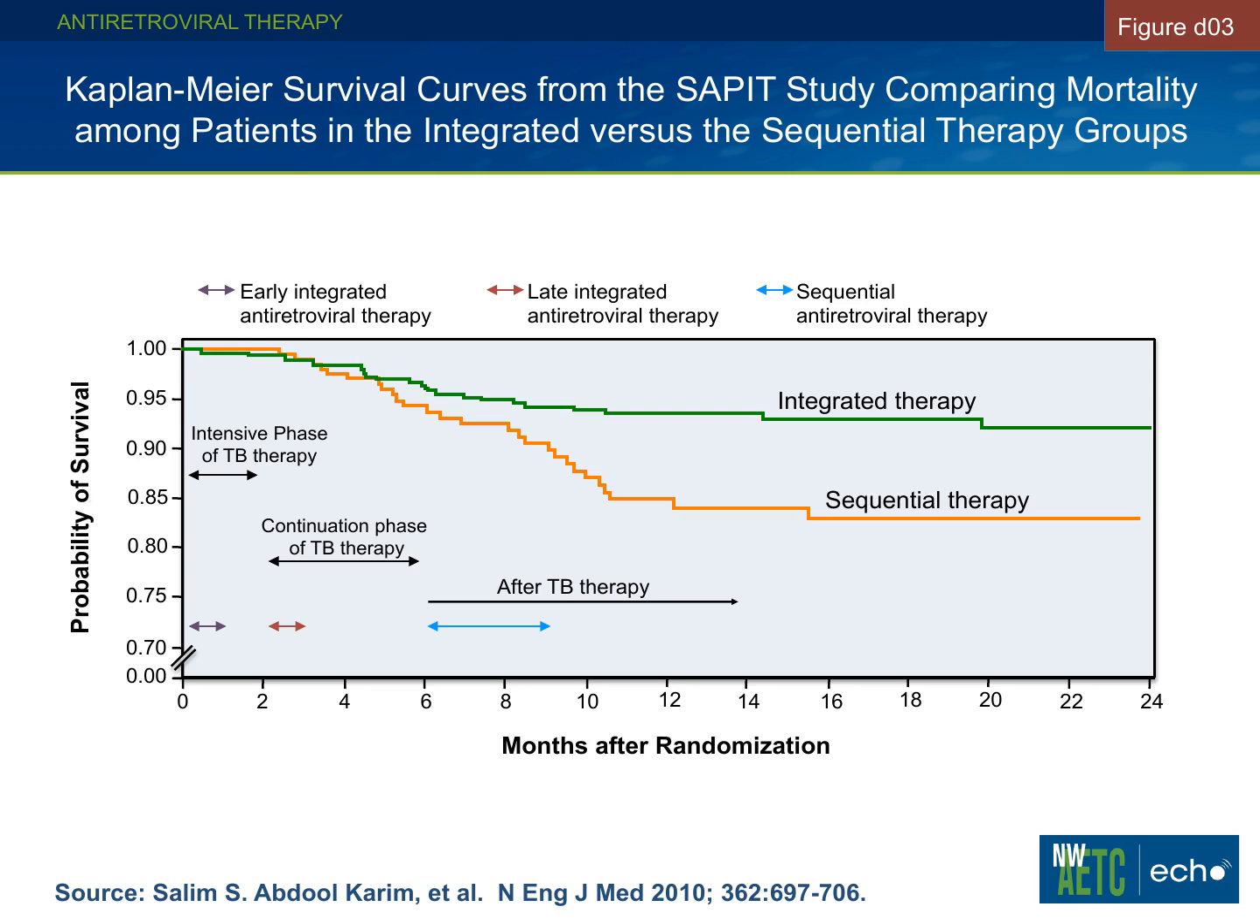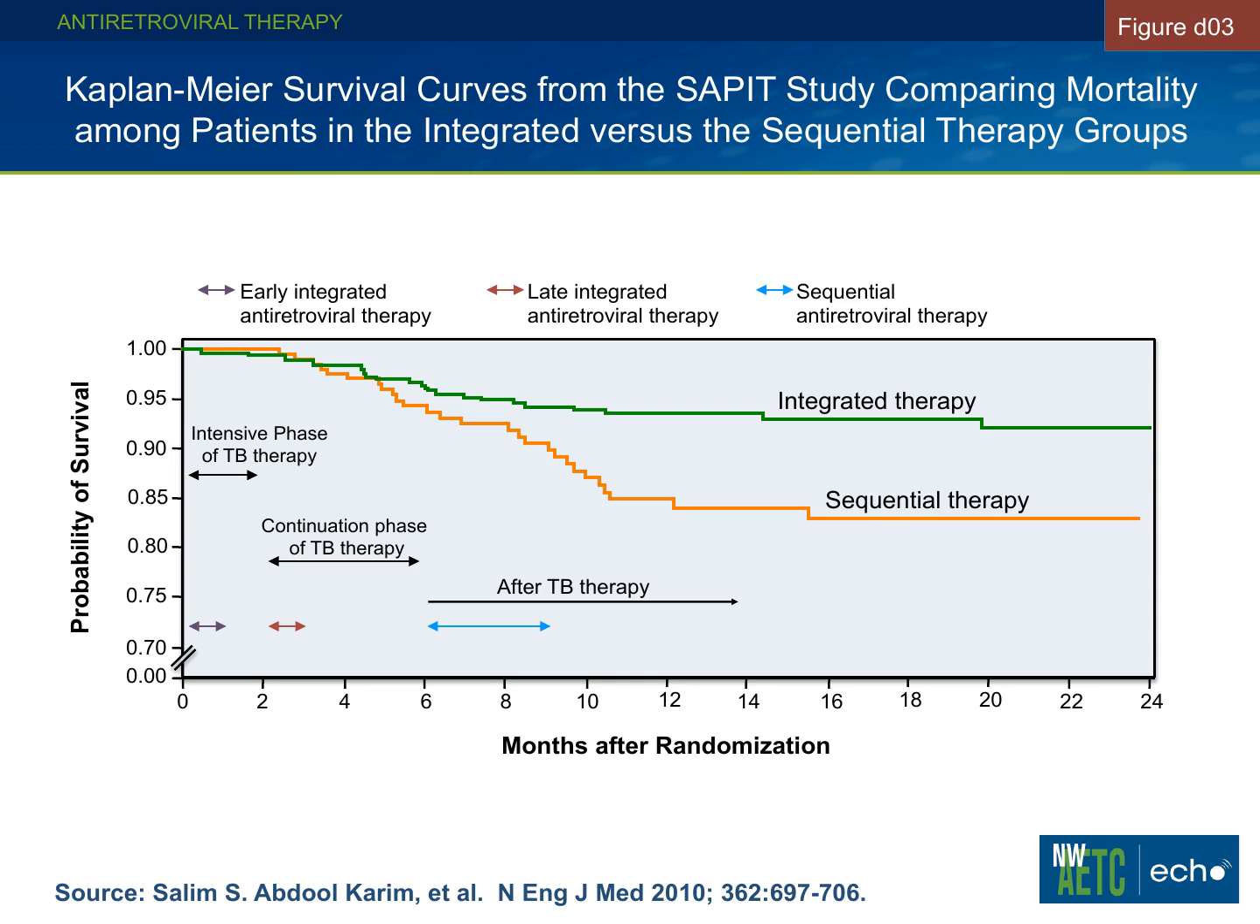They start essentially within 8 to 12 weeks of starting TB therapy. So they wait until the first 2 months of 4-drug TB therapy has been completed, and then they start antiretroviral therapy. Whereas the sequential therapy group, here in blue, started their antiretroviral therapy only after all of the tuberculosis treatment